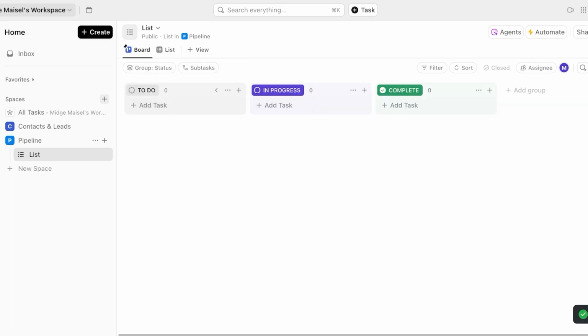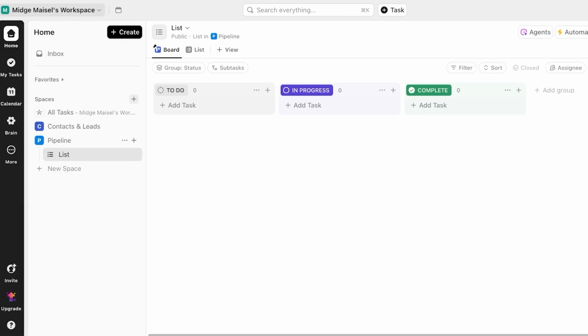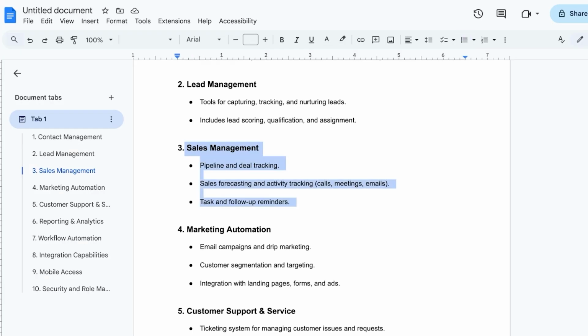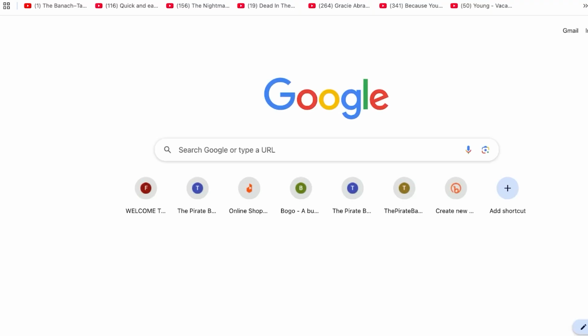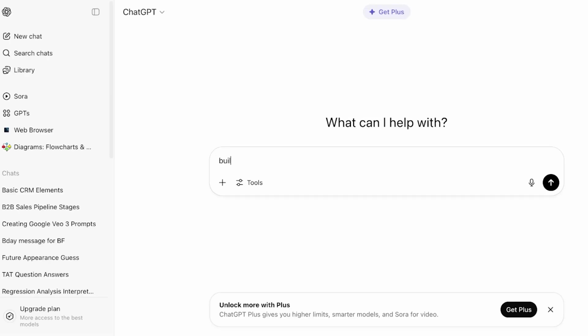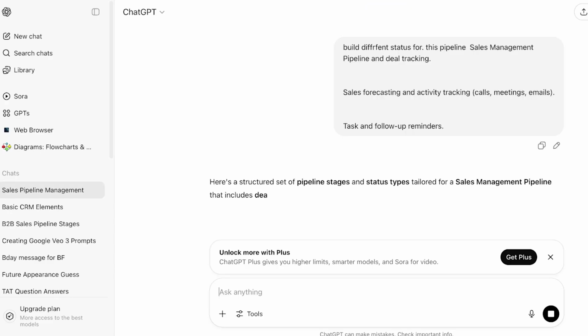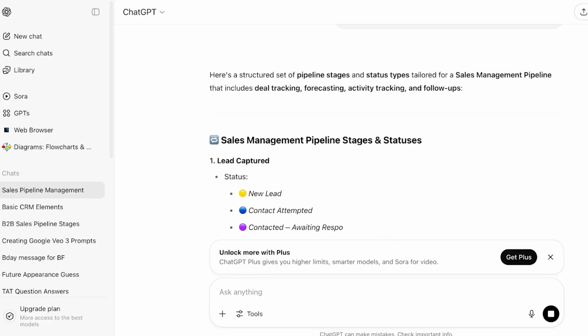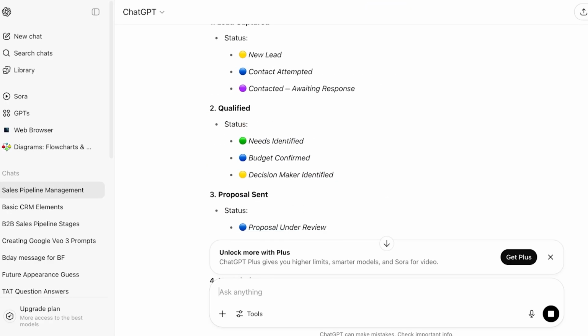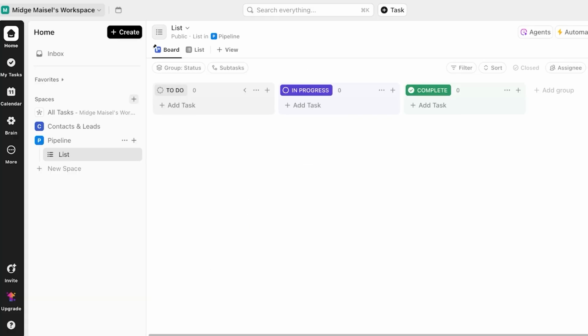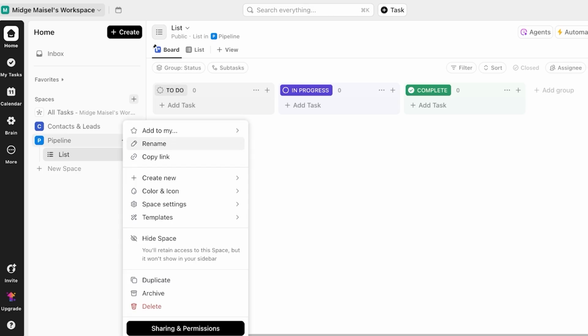Then for our deal statuses, I would want this to be customized. So pipeline and deal tracking. So I'm going to use an AI tool to be able to build these. So we're just going to go into ChatGPT and quickly ask it to build different statuses for this pipeline. These are going to be our pipeline status: lead capture, qualified, proposal sent. We're just going to customize this, and you can directly just go into your space, click on settings, space settings,